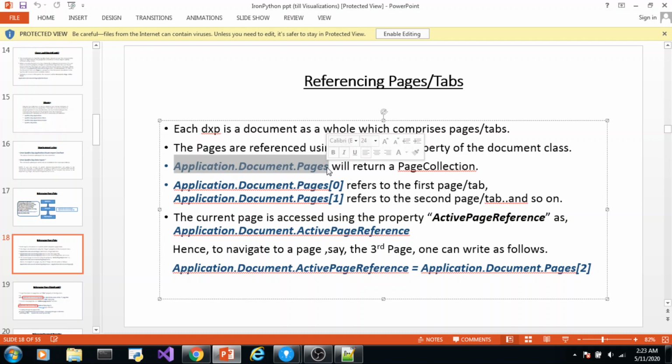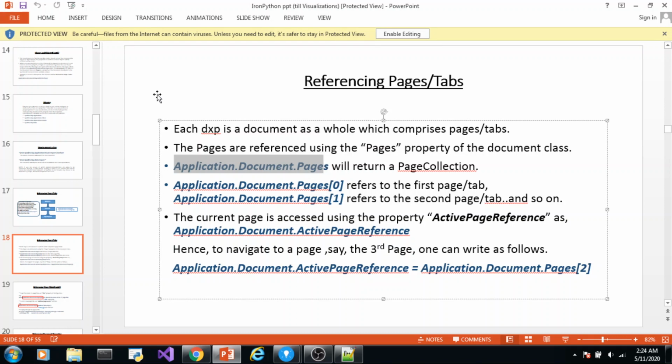Similarly, application.document.pages[0] refers to one page, that is the first page. application.document.pages[1] refers to the second page, which is only one page. But application.document.pages refers to a collection of pages, more than one page.